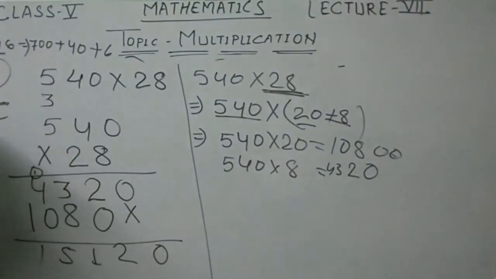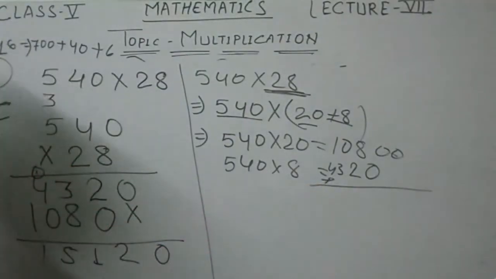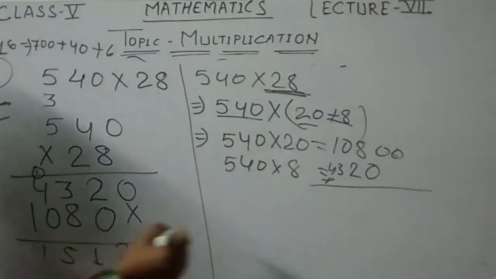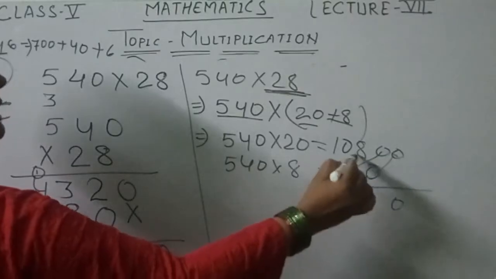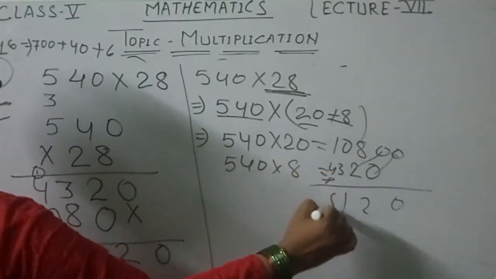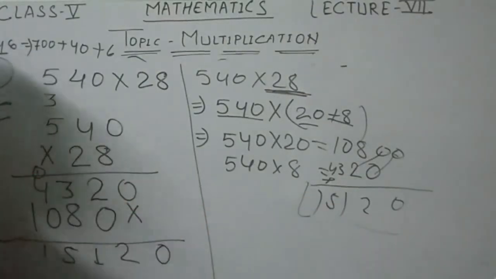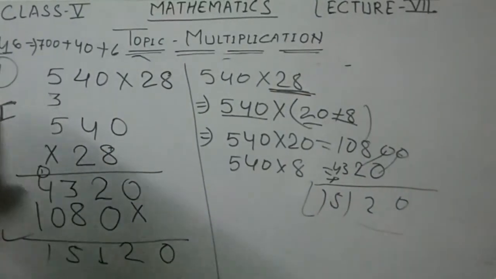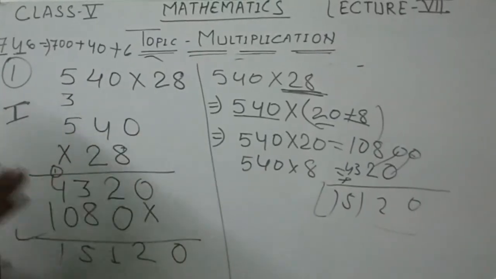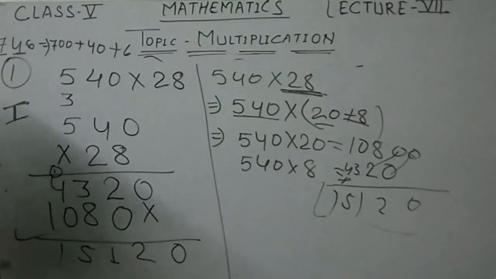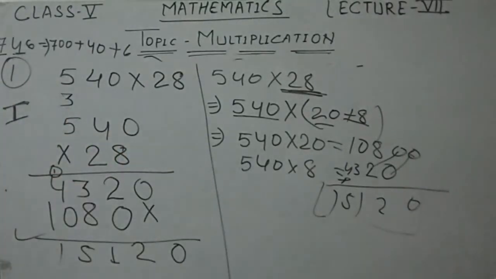Now what do we have to do? We have to add these numbers together and see what the answer is. What is the answer here? Add these numbers: 0, 0, 0, 2, 8, 1, 4, 5 and 1. See, both the answers are the same. Okay, this one is the first way you already know, and this one, the expanded form, is the other way. When I give the questions, you have to solve using these methods also, and on the side you have to show the expanded form also.